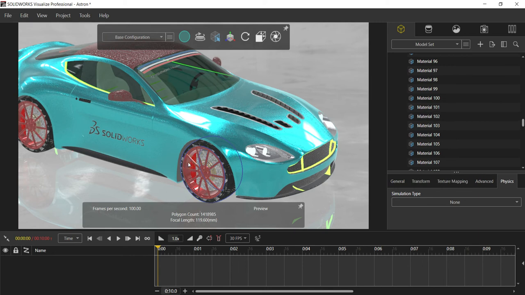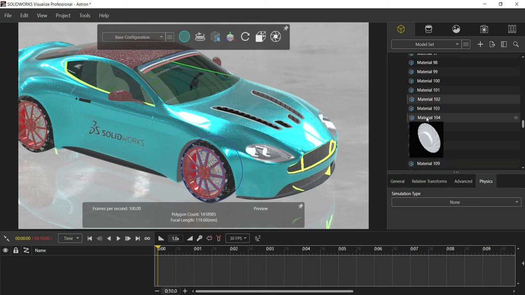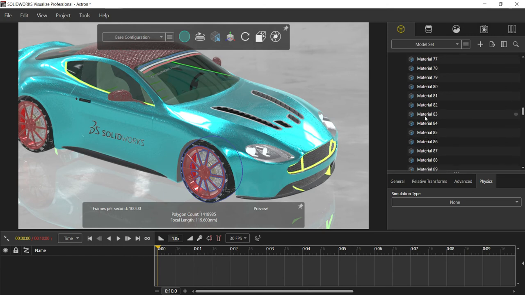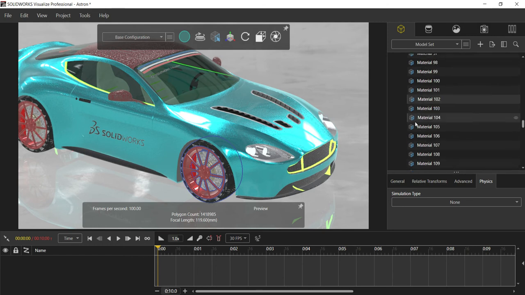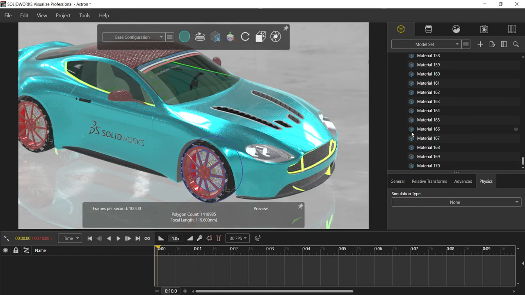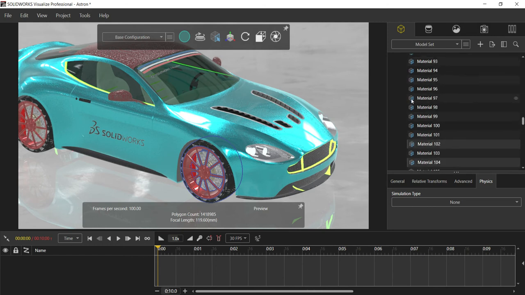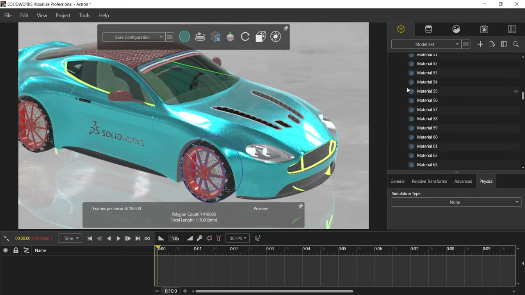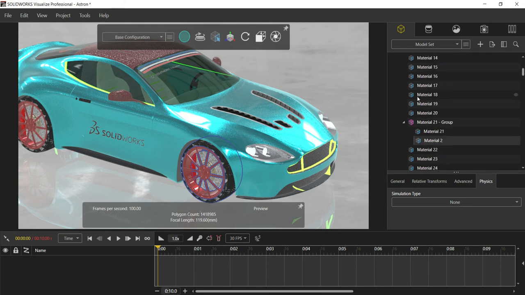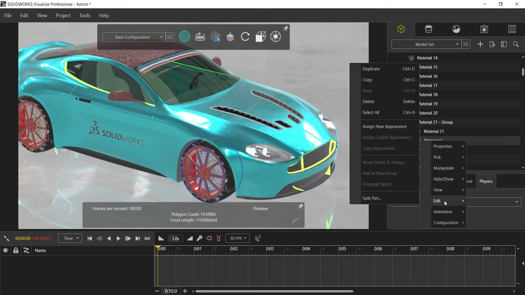in a proper way. So need to see how many components got selected. I think the 2. So material 2 also should be selected. So let me check it. Yeah, it also got selected. So just right click on this, select, edit. Yeah, so